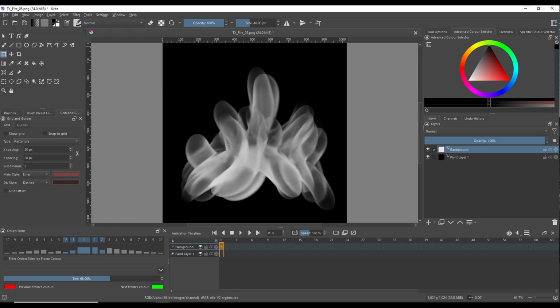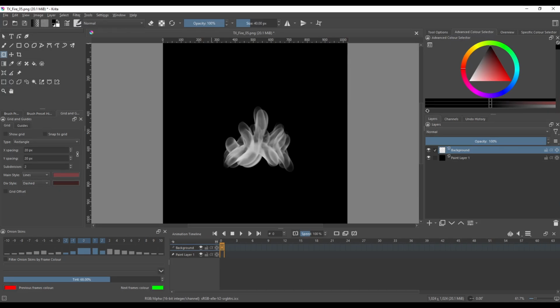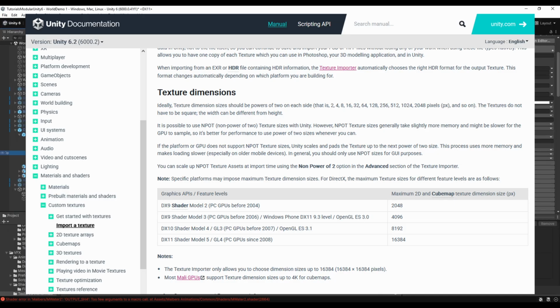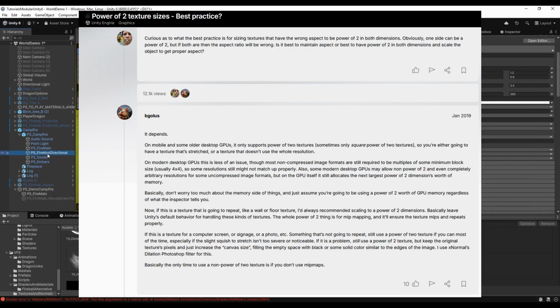If your fire drawing only takes up a tiny portion and the rest is empty space, then you would need to make the start size bigger. In general, it's better for performance if you make a drawing as big as you can within the dimensions of the image. And also keep in mind, you want the image dimensions to be powers of 2. So for example,